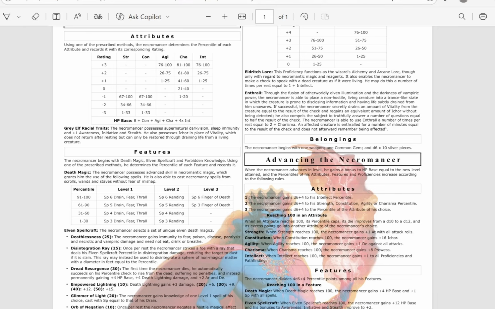And this is huge, what that means is it doesn't return. He has to drain life. So his Vitality does not heal after he rests. He has to drain life. So if he's not draining life, he's not healing. So it's fundamentally a different way of approaching adventuring, really, from any class, and particularly from a human.